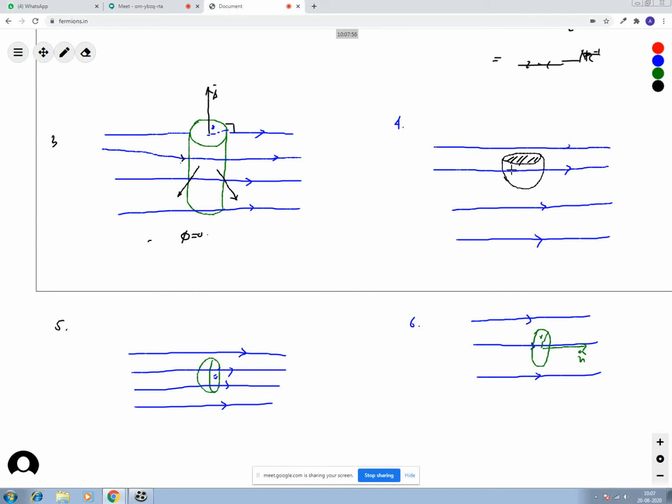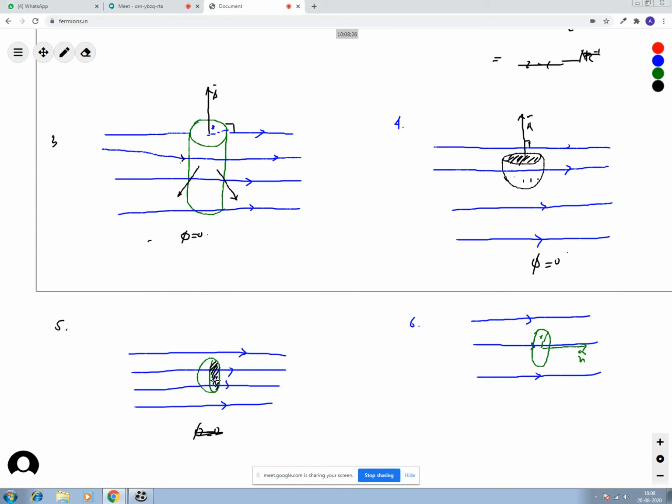They are not, because normal to the surface would be like this. Like this. And the electric field lines is not at all normal to the surface. It is not entering the lateral surface normally. So no question of flux here. Here phi is 0 only. And you can see for the caps area is A cap. So A vector is 90. So this angle is 90. So flux is 0.